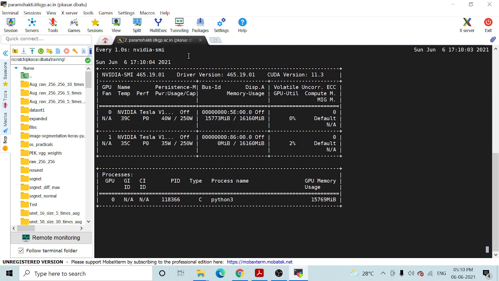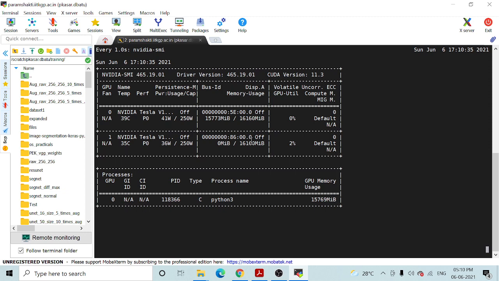So you can see your job is getting executed here on this particular GPU node 16. There are two NVIDIA cards available. See, this is GPU 0, GPU 1. These are the two cards available, but my job is executed on only a single GPU card. You can see the only change is at this particular GPU; the other GPU is idle.